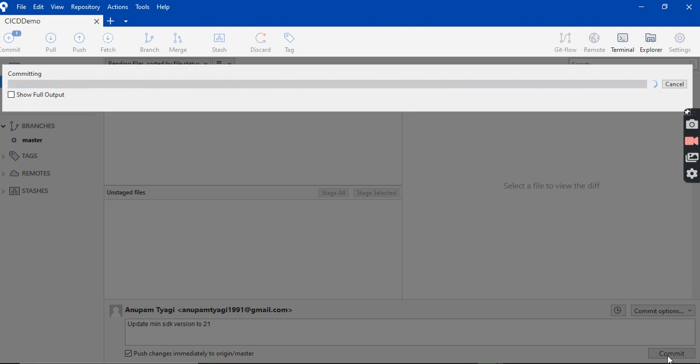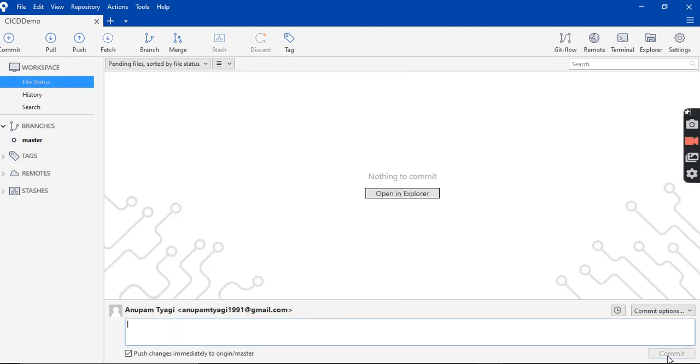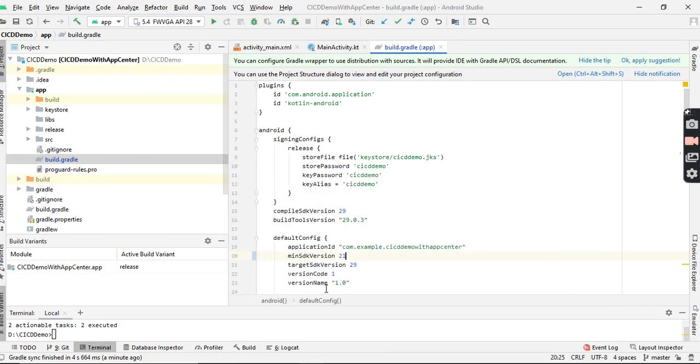The error is happening because the App Center library I added to the Android app project supports minimum SDK version 21, but my project is configured with 19, so I have made my project compatible with 21.